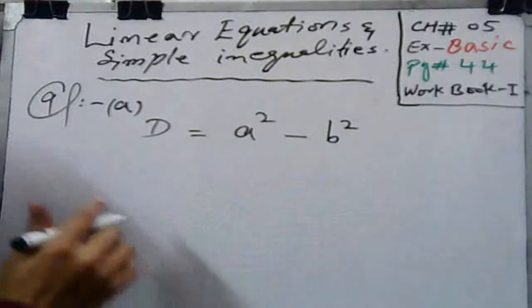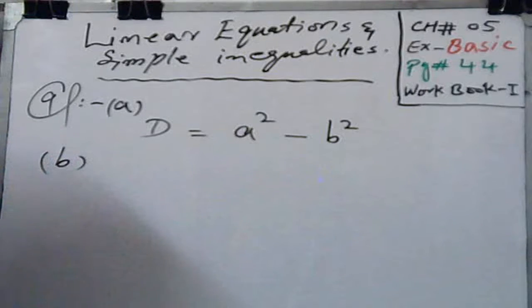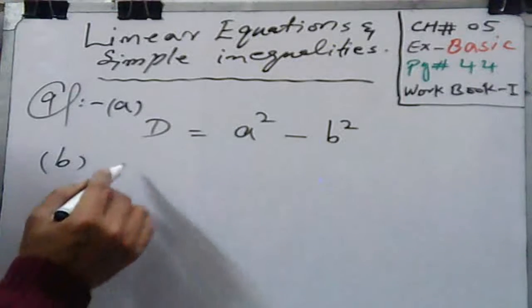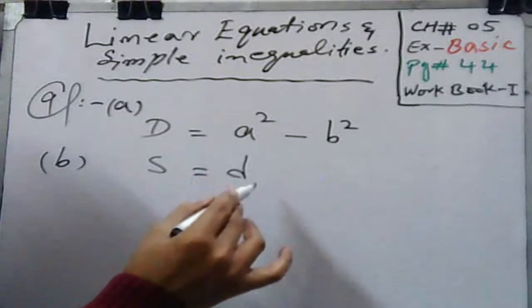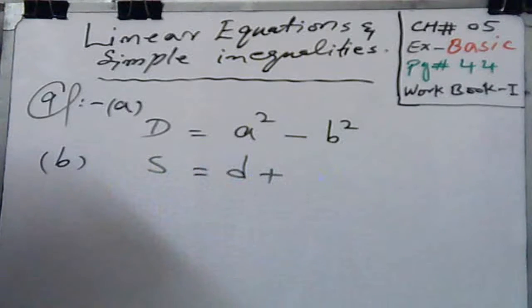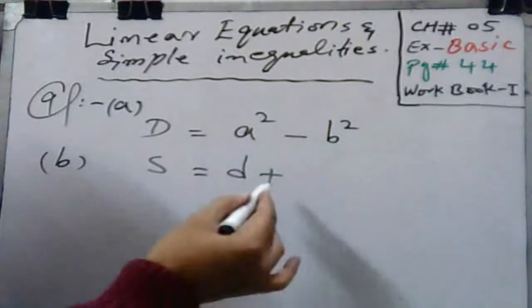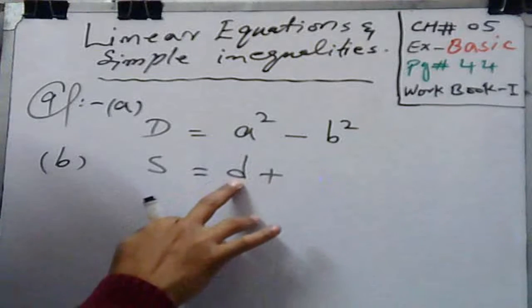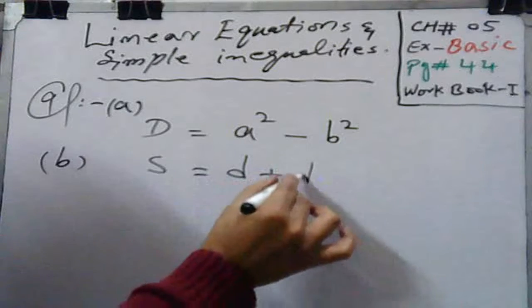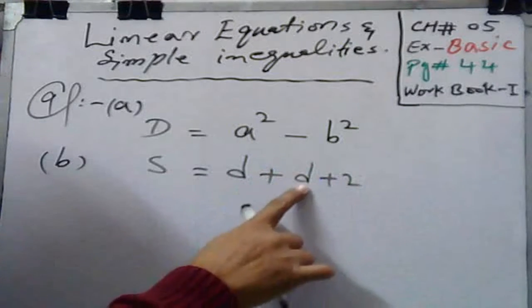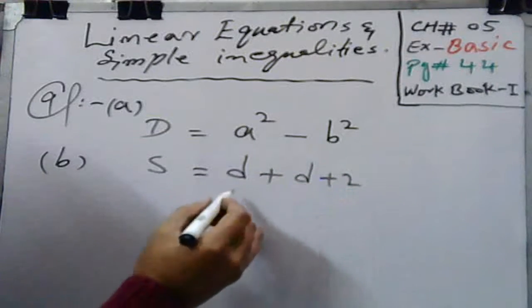Similarly, in part B, we have been asked for the sum s of any three consecutive odd numbers where the first number is d. We have to find the sum, and sum means plus. When you take an odd number, for example 3, the next one will be d plus 2, because 3 plus 2 is 5. So this one is your first odd number, this one your second odd number, and the third one is equal